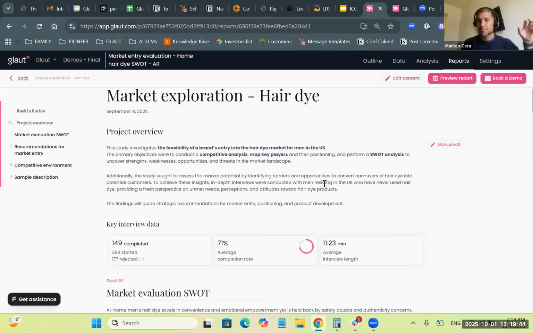To finalize, step number 1, define the outline. Step number 2, launch the interview and get hundreds of responses in, depending on how fast the panel provider or your customers are. Step number 3, analyze them, get them coded, get them interpreted, get them quantified. Step number 4, use these analyses to create a report.